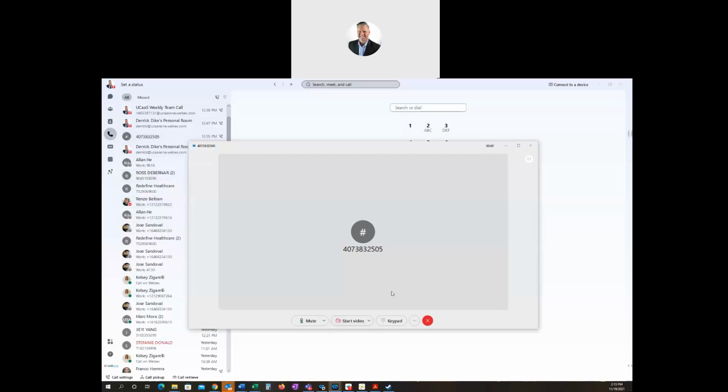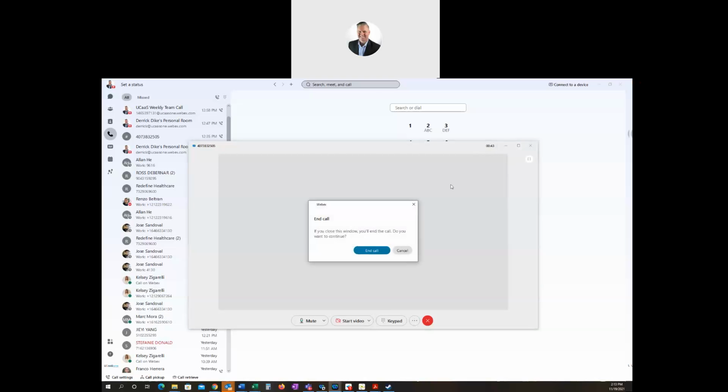and once that call is connected, if I need a keypad for DTMF tones, I can click there. I have my hold, park, transfer, and conference. Transfer is going to give you the option for supervised or blind transfer. Conference would be if I want to bring in more members to this call. All right, very easy to use, very simple and clean. A lot of our customers have a lot of success using this. There's not a lot of training involved, and we have a lot of happy customers that use this soft phone